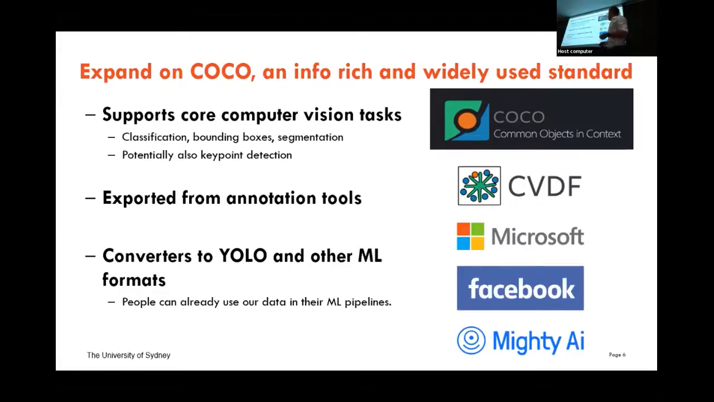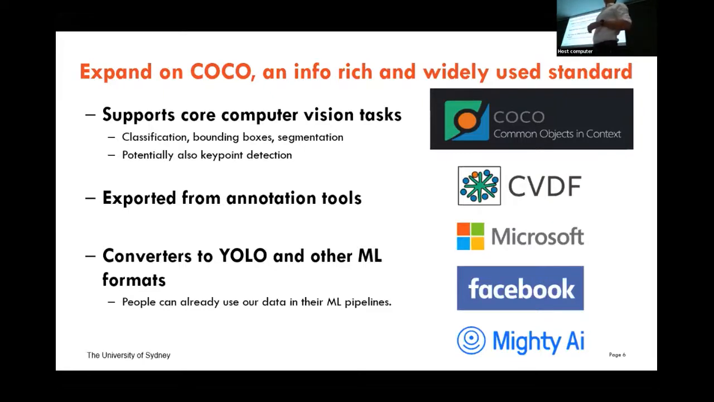It's been developed and used by big entities like Microsoft and Facebook. But basically, the core thing here is that COCO supports info-rich annotations. So there's lots of information that you can store there about what is in those images. And also, it's just widely used. So there's already existing infrastructure out there so that it's easy for people to store the data, to annotate the data, and then also to convert it into other formats that they might need to use in an actual machine